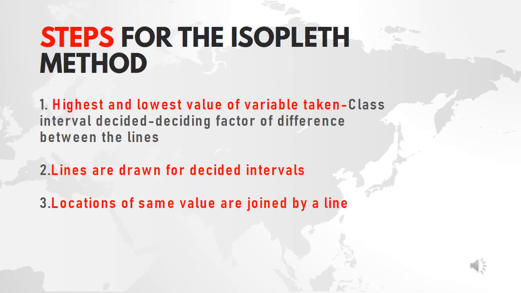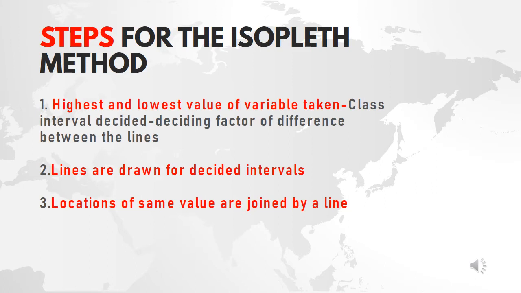Now, what are the steps taken for the isoplet method? We first find out the highest and the lowest value of the variable. If you see map 1.3, there the highest value is 1300 and the lowest value is 800. We decide to make intervals. So here you have about 6 intervals ranging from 800 to 1300, and each interval has a difference of 100 millimeters. That is, the lowest interval class is 800, then the next is 900, then 1000, then 1100, and so on,